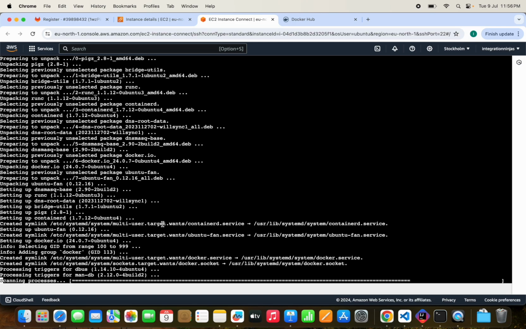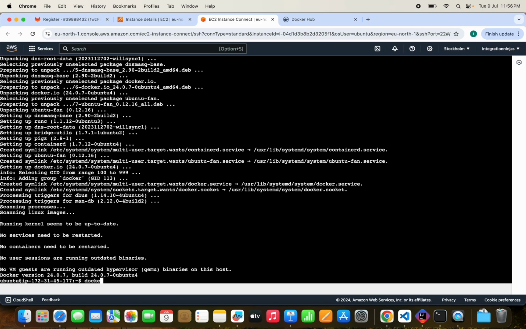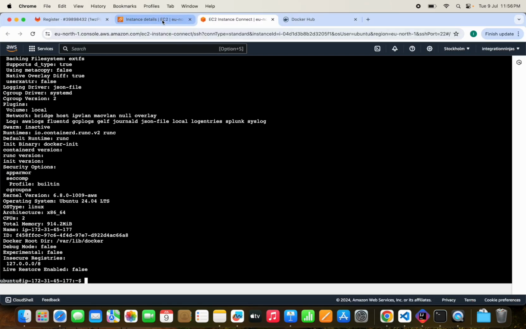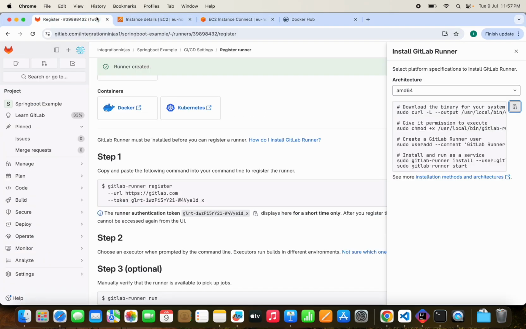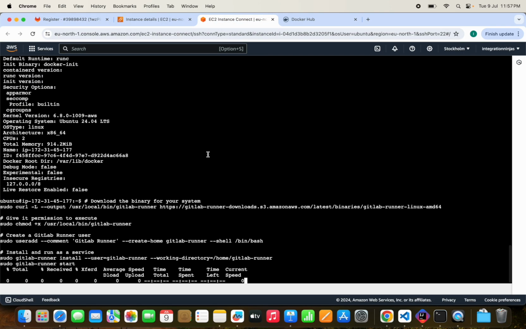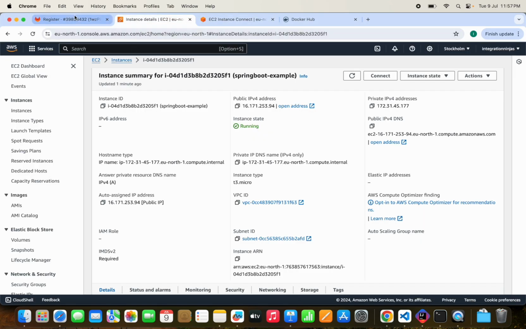Okay, so Docker is being installed here. Now we can just see Docker info. Everything is there, and now we'll give some of the permissions. We need to install the GitLab runner first, so let's do this right away. Okay, it's done. And now what we need to do is